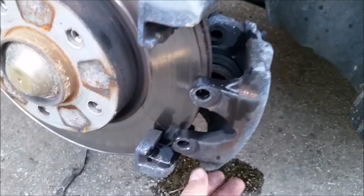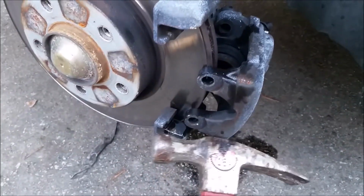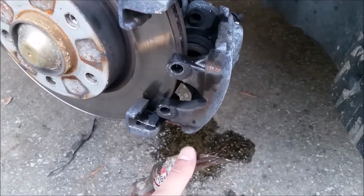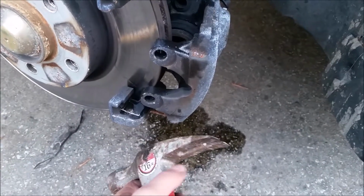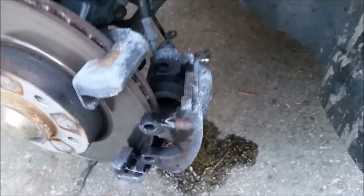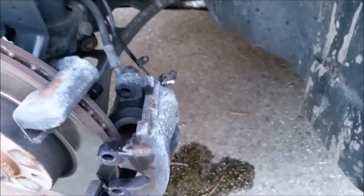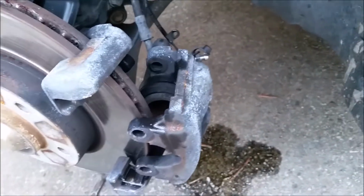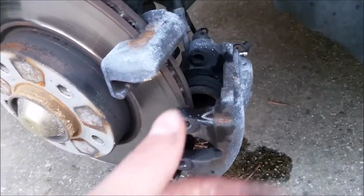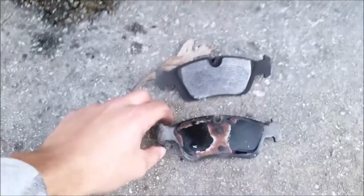Okay, so at this point, I've gotten the caliper off. Now, what I use generally is a combination of hammer. You don't beat it with the end of it. You use the tail end to kind of latch onto it and pull it out. And then I also leave the bleed screw not fully open to where it's pouring out. But I definitely open it a little bit to give it some room to pop out. And then eventually, after wiggling with it and playing with it, the brake caliper will slide out with the 2